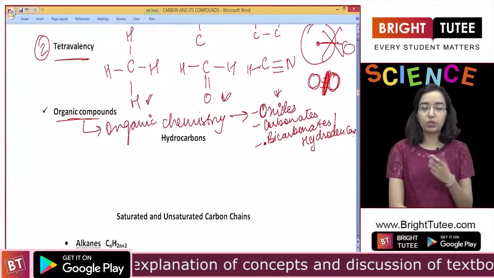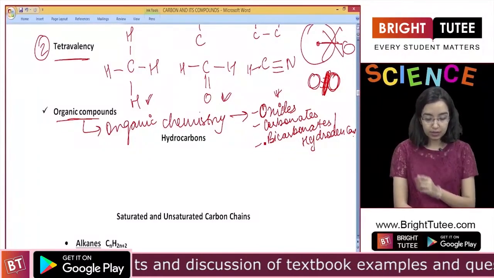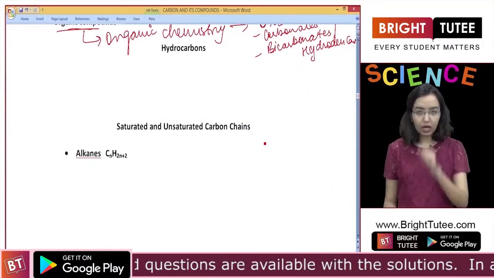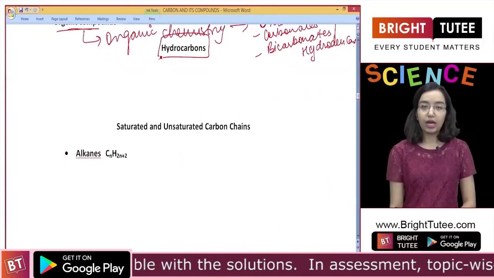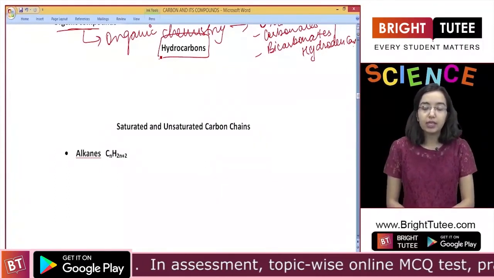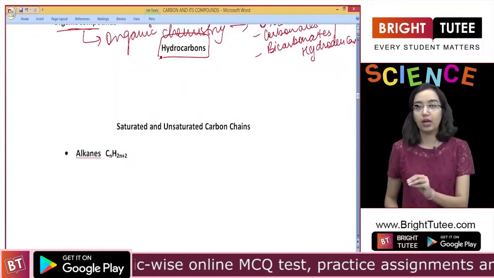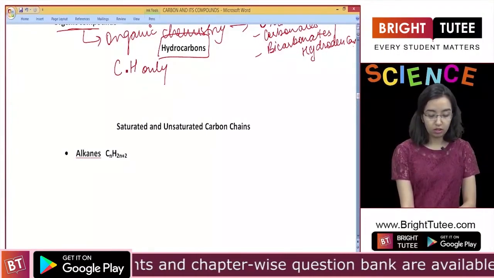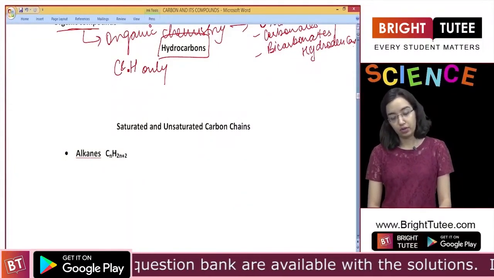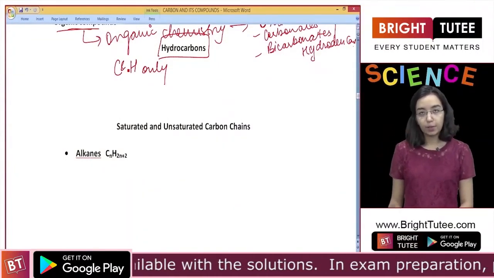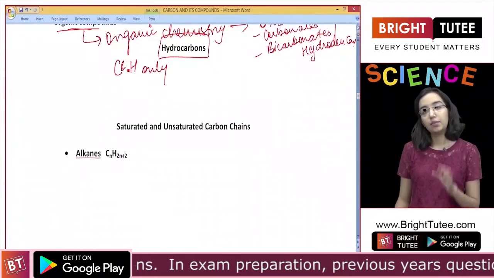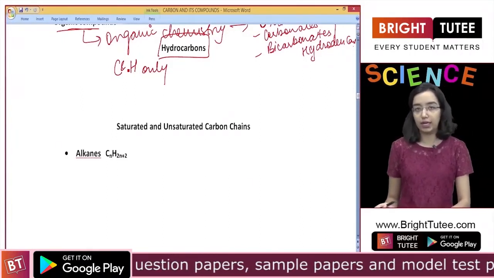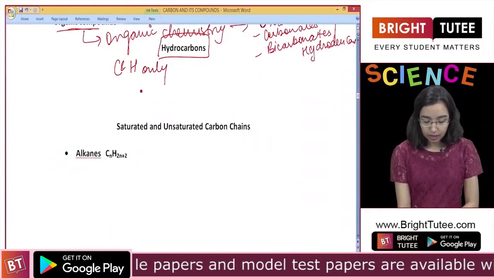Right, so this was a short note which is based on the yellow box that is there in the chapters. Now let's move on to the most important forms of carbon compounds, which are hydrocarbons. Hydrocarbons, as the name suggests, very simply is a compound which has only hydrogen and only carbon. So a compound made of carbon and hydrogen only is called a hydrocarbon. Right? These are one of the few compounds of carbon that we'll be talking about. They are the basic form. So if you understand this well, you'll be able to understand the entire chapter that continues later in a better way.